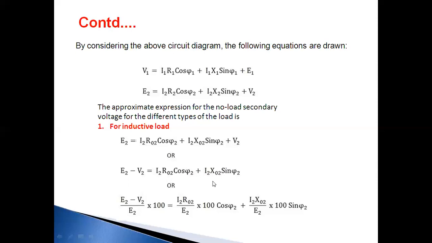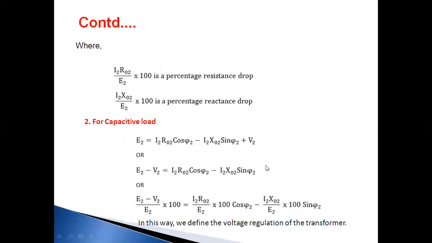Or E2 minus V2 becomes I2 R02 cos phi 2 plus I2 X02 sin phi 2. So (E2 minus V2) by E2 into 100, that is the voltage regulation, becomes (I2 R02 by E2 into 100) cos phi 2 plus (I2 X02 by E2 into 100) sin phi 2, where I2 R02 by E2 into 100 is the percentage of resistance drop,